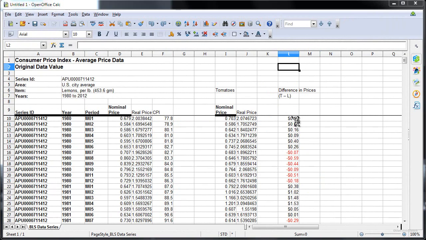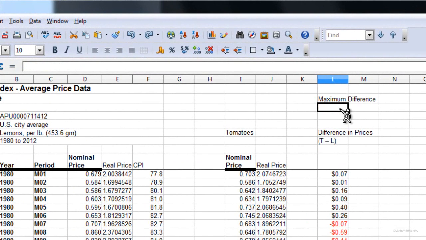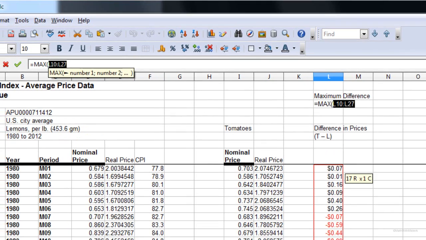What was the maximum difference in prices? We can do this in a few different ways. One way would be to use the maximum function. Let me first put in a title. Maximum difference. We want the result to show up right here in L3. I'll go to the formula bar, or the input line, hit equals, and we want to find what was the largest number of all these differences. We'll type in MAX for maximum, and left parenthesis, and we have two options. We can click and drag all of these,